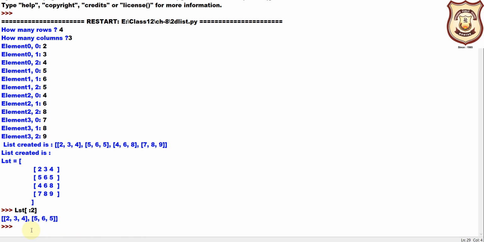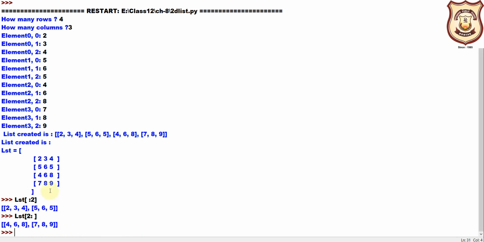I'll write lst and then square brackets, and then I write 2 and then colon, and then close the square brackets. Now I press enter. You can see 0 and 1 are not included, it is just printing the second and third. I hope it is clear to you.